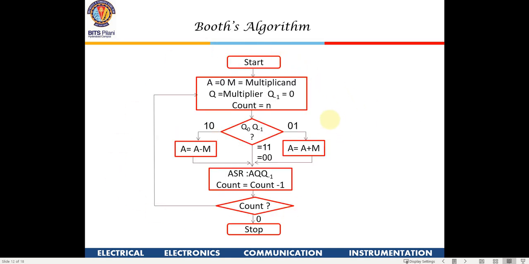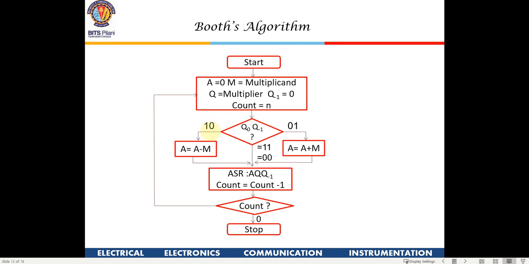Okay, Booth's algorithm. This we did in the last semester. There might be some programs you might have to write in the microprocessor using Booth's algorithm, as we learn microprocessor programming. So we're just revisiting this algorithm. We know how to do this, multiplying two numbers. First, initially we take A equal to 0, we put M equal to the multiplicand and Q equal to the multiplier, and this is Q1, it's written. We learnt it as Q minus 1, right? So you can take Q minus 1 as 0, count n, and then we compare Q0 and Q1.